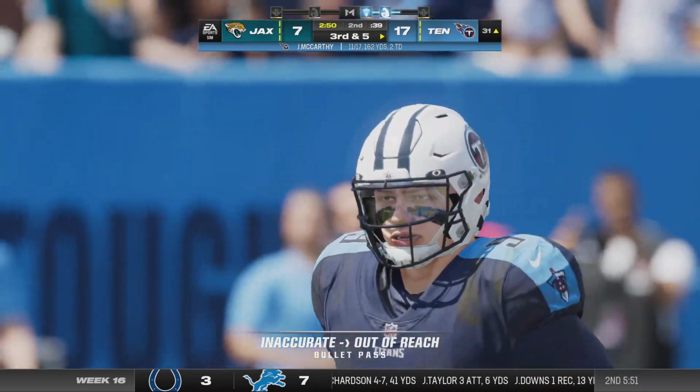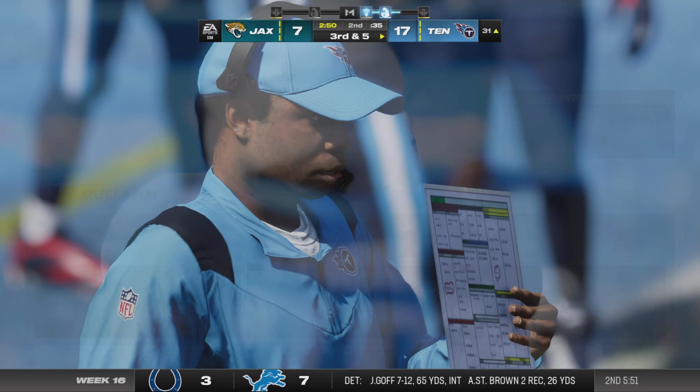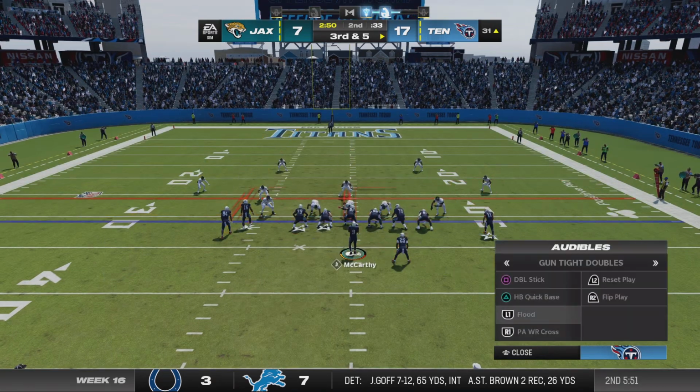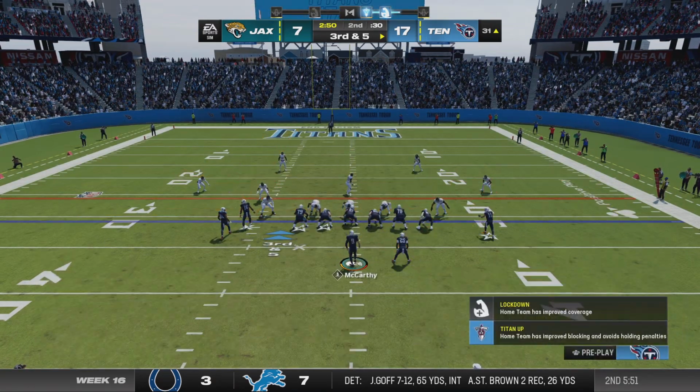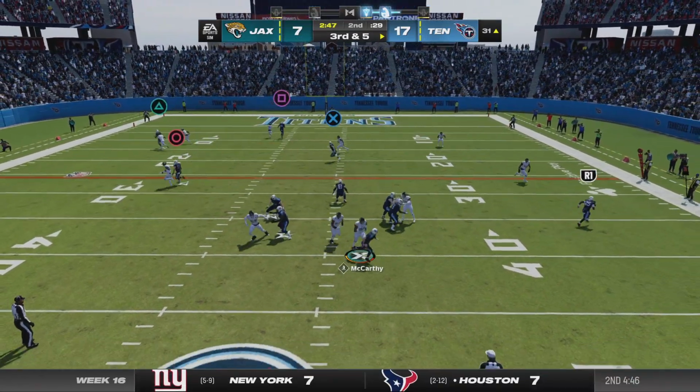They try to throw on 2nd down, but this one is incomplete. You got a young quarterback. Maybe that's just an example of a growing pain for him. I think you're right about that because when the game starts to move fast and it moves quickly on him, a lot of times they fall back on what...